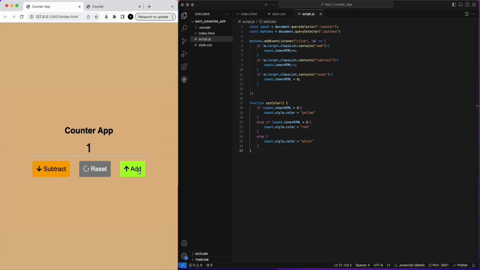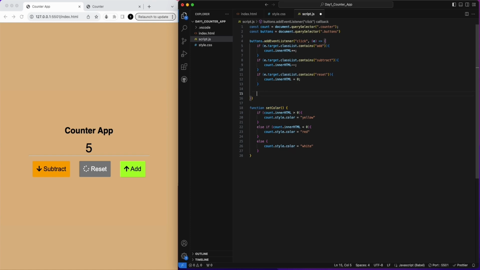Let's see if it's working. Not working. You know why? Because we haven't called this. So every time the button is clicked, it will run through all these 1, 2, 3 processes, and additionally it will call back this function, which is when it's more than 0, add is yellow, less than 0, red, or reset will be white. So let's start it. You can see that it's going 0 and reset 0, and that's going red. So that's our app,